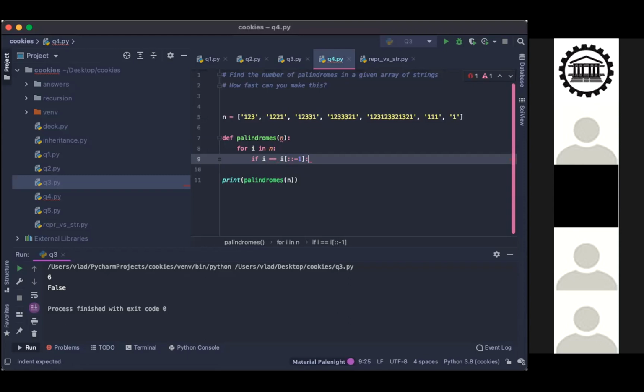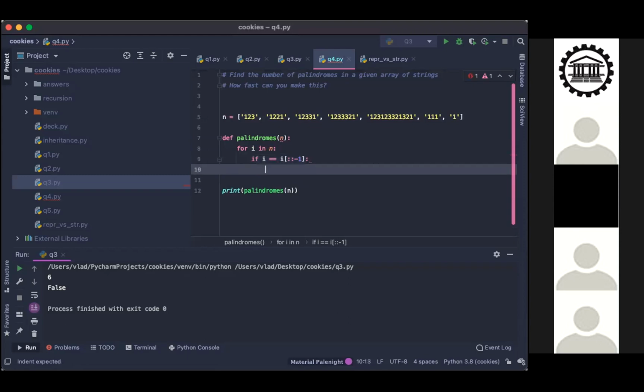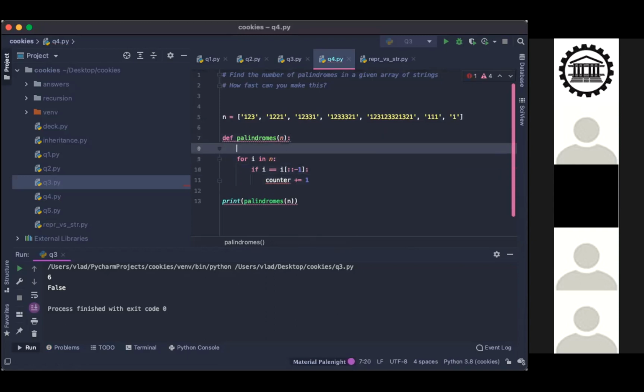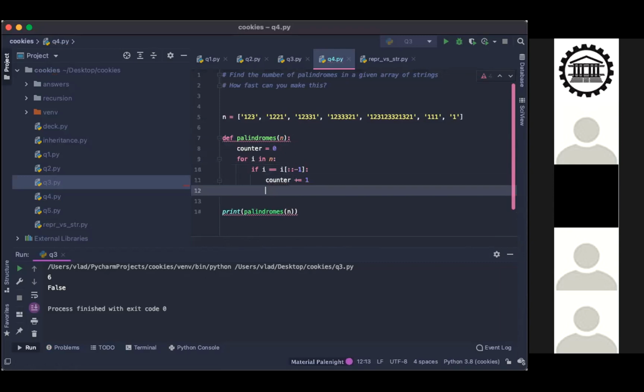And then enter, increment counter. So counter plus equal 1. And if you don't mind, before the for loop, initialize the counter with 0. And after the for loop, at the same indentation as the for loop, return counter. All right. So what is the runtime of this one?